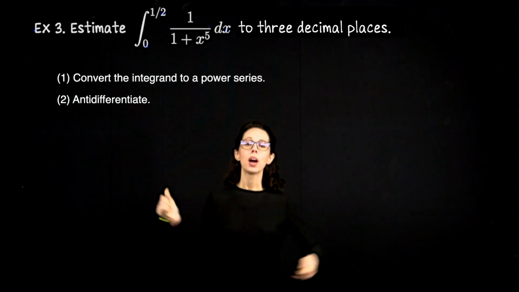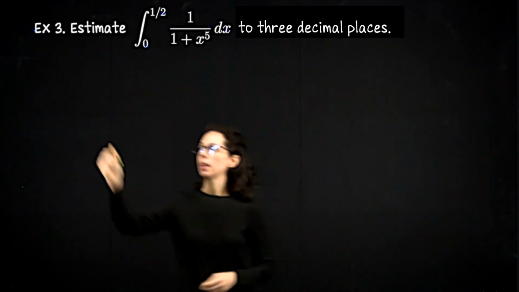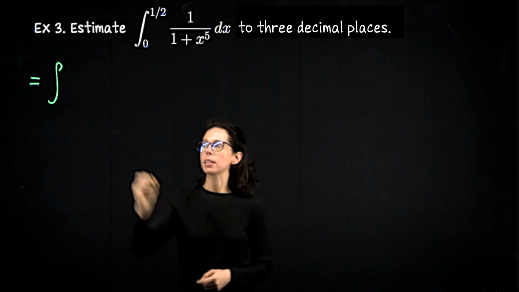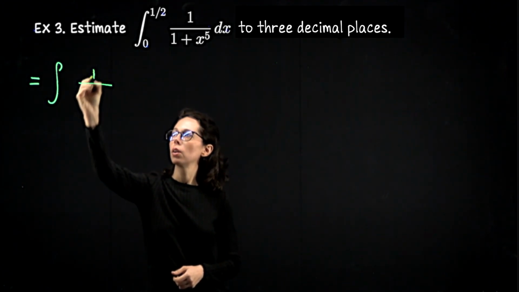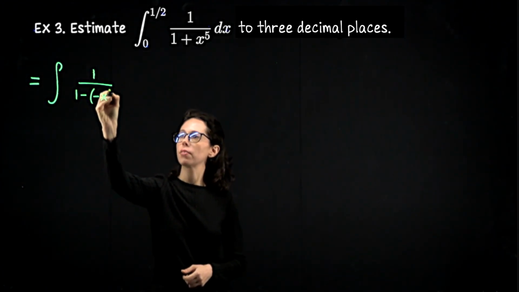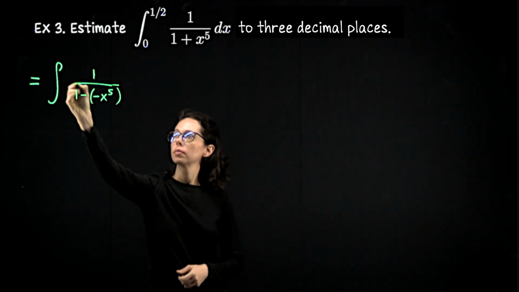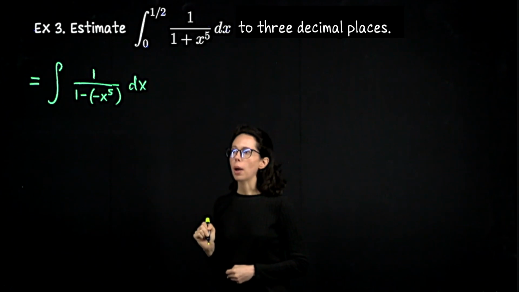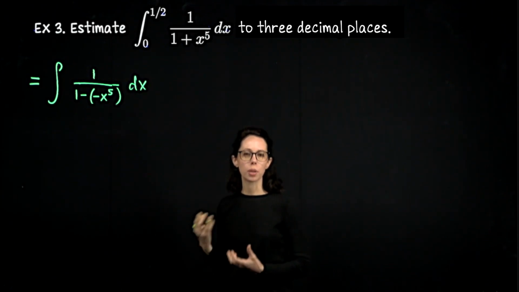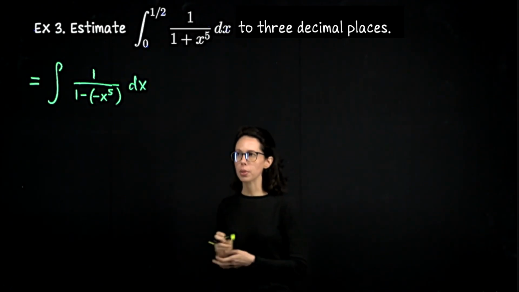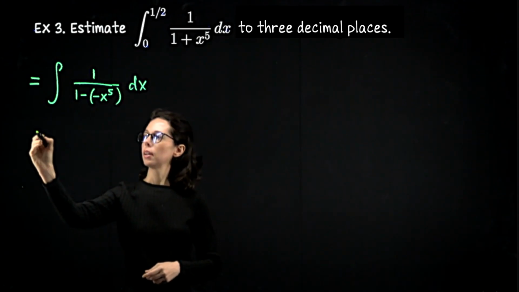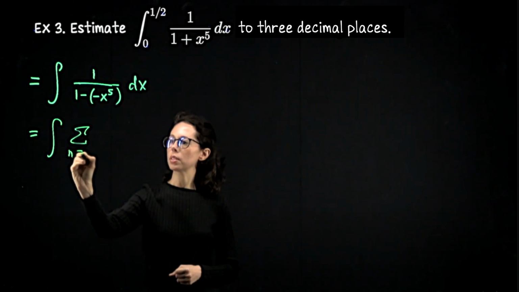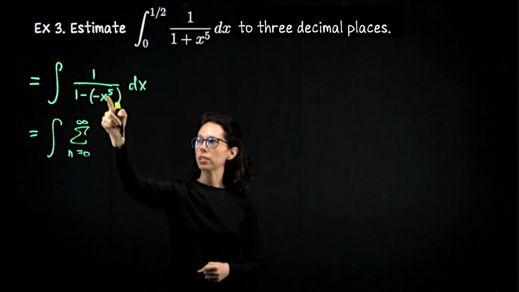Okay, the first thing to do are the steps which are familiar. So let's take the integrand and write this first as 1 over 1 minus negative x to the 5th dx. Now I'm going to use our known geometric series looking power series representation for this function. So that's going to be the integral of the series, index from n equals 0 to infinity, negative x to the 5th to the n